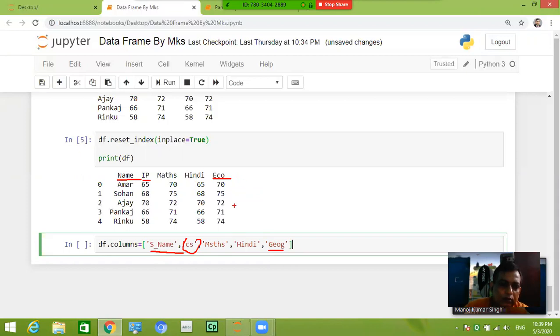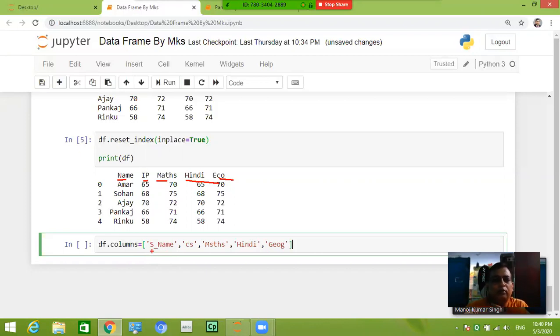So it will be written like this. Data frame dot columns equal to. How many columns do I have? 1, 2, 3, 4, 5. So you have to write all 5 columns, otherwise it will give an error because of mismatch in the number of columns.